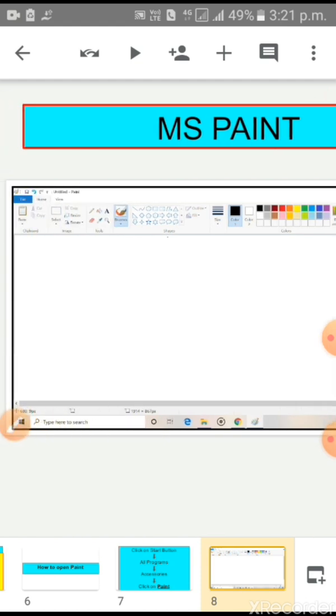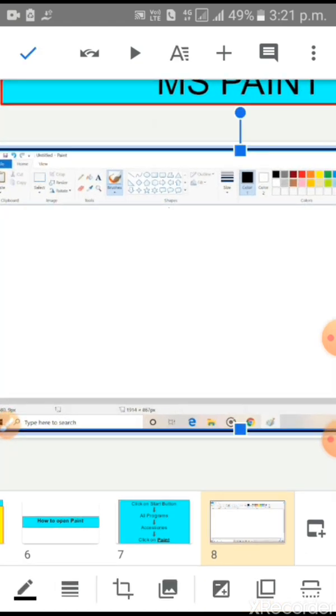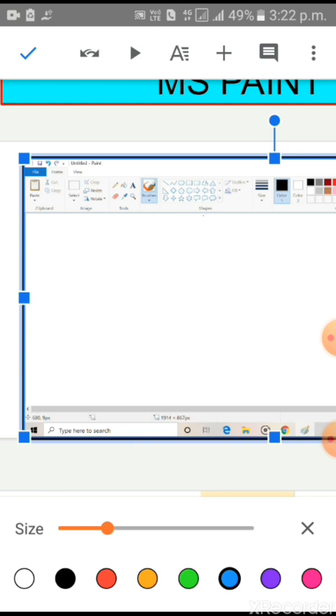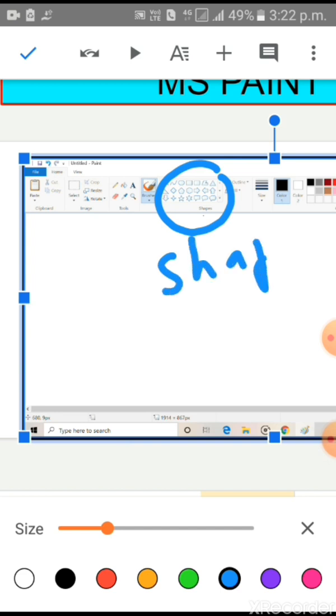Next, children, look at the picture. This is the window of MS Paint. This is the shape group. This one is the color group.